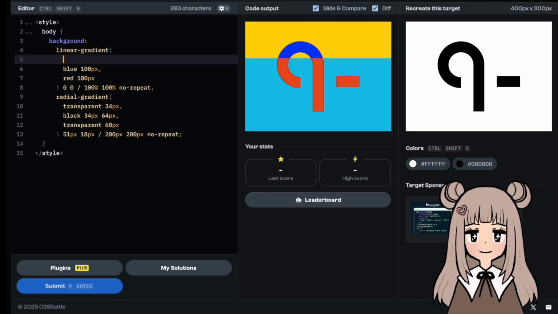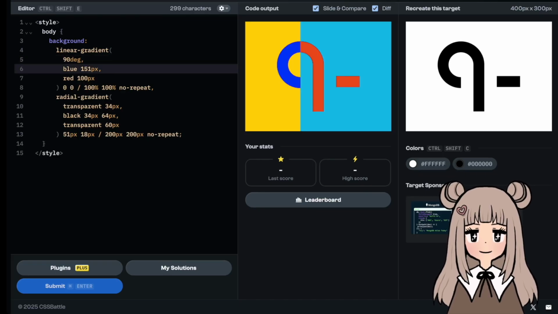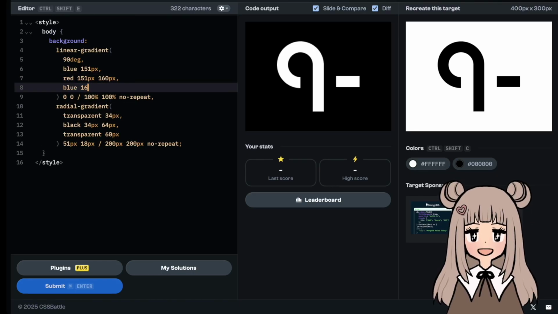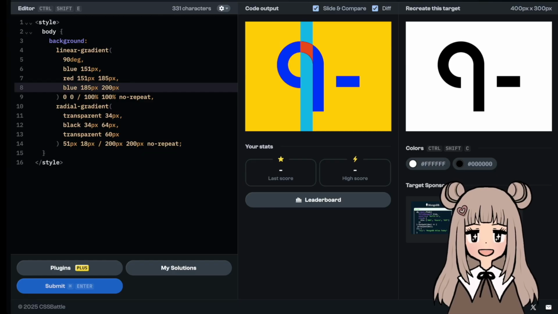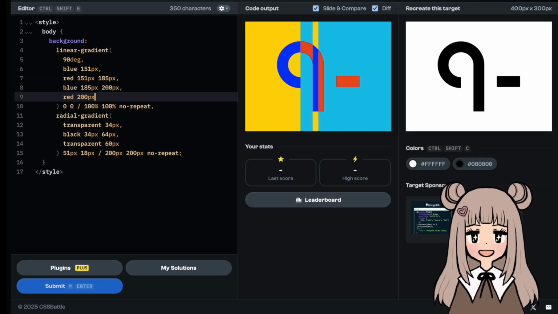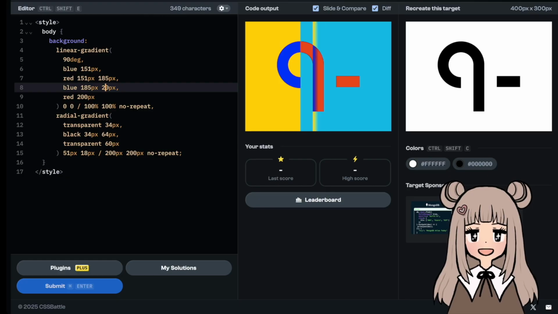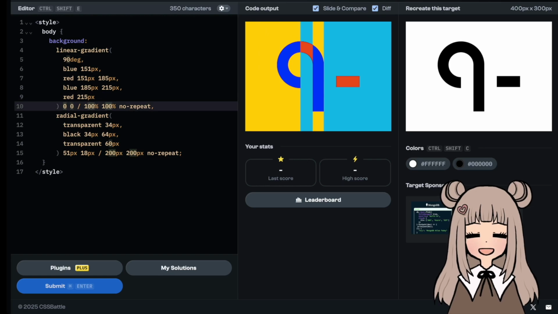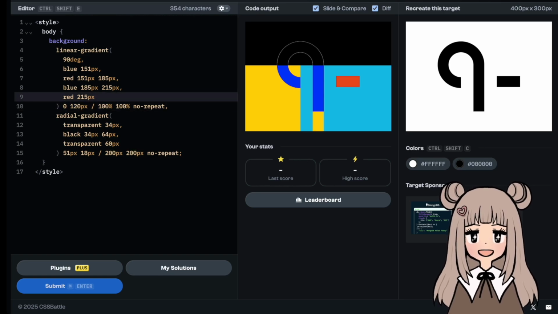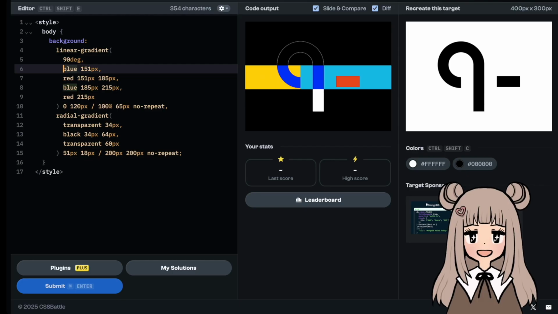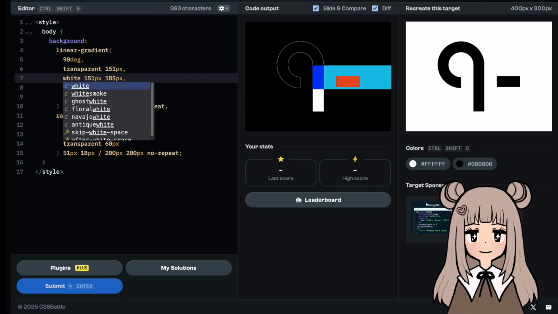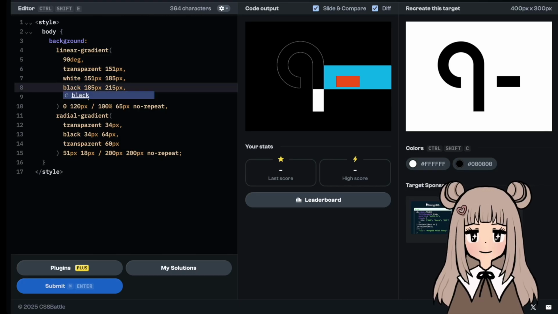We can actually turn our linear gradient 90 degrees. Blue 151 seems to work, so let's just change our red here. 160, blue 160, 185, and plot 200. Now red 200, and let's just increase the width here. 215, nice. I think that's all we need to do. We just need to bring this y-axis down, and we can change the height and update these values. So this blue can be transparent, this red can be white, this blue can be black, and this red can